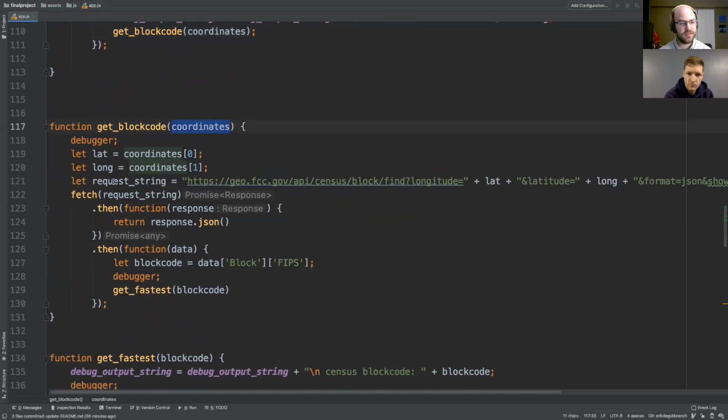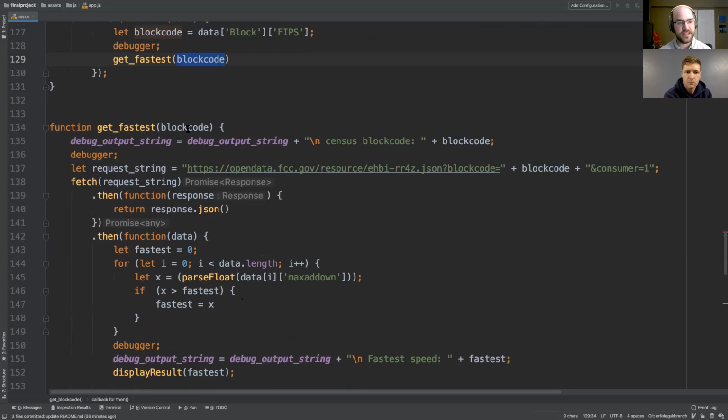We're taking coordinates, splitting them into latitude and longitude, another request string, this one to fcc.gov, feeding in latitude and longitude, and getting back that information from which it pulls a block code, which is a code that the census uses to define certain areas, and that's what the FCC has decided to bin their data by. The next is to get the fastest speed from the block code, another request string, this time to opendata.fcc.gov, going into fetch, and out comes a list of